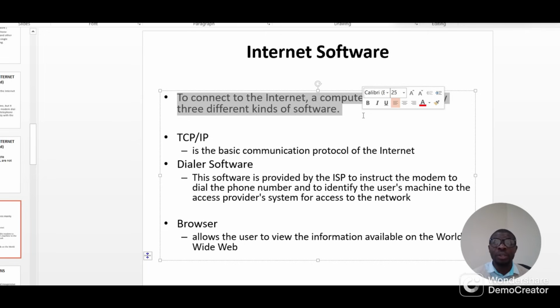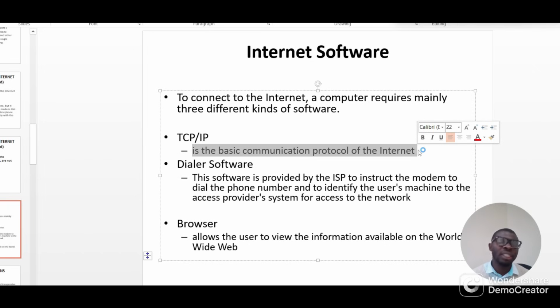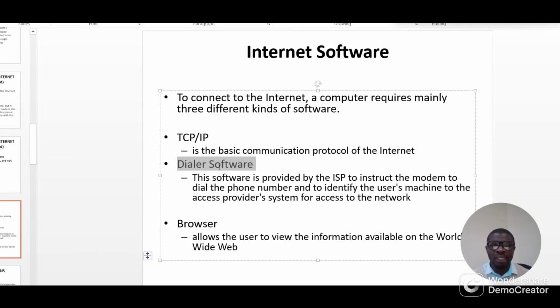It's a computer, not you. Okay, so the TCP/IP is the basic communication protocol of the internet. That is the TCP/IP. Okay. When we talk about the basic communication protocol of the internet,